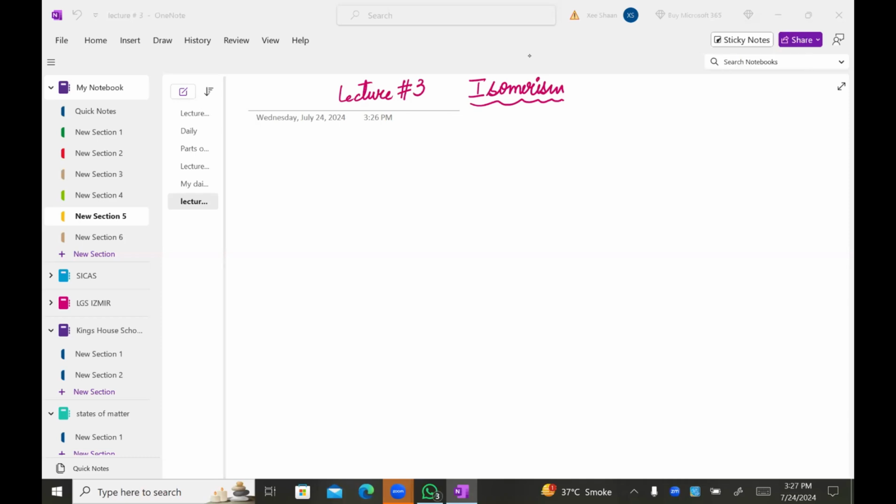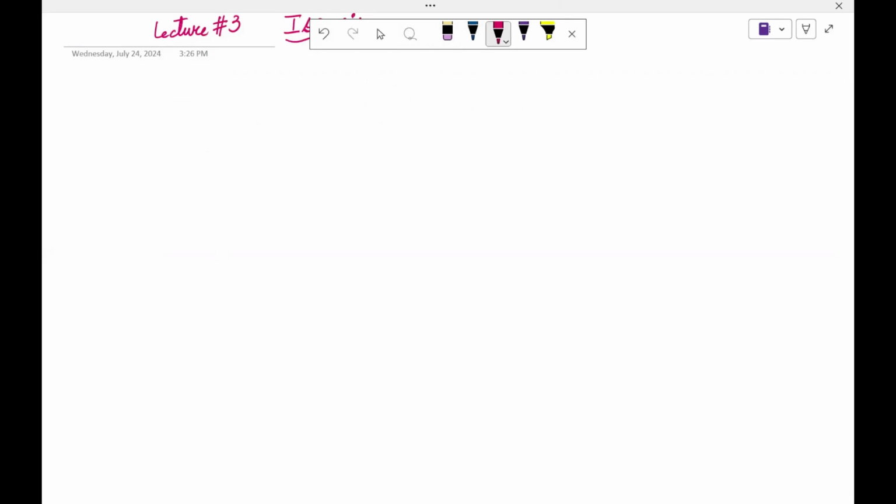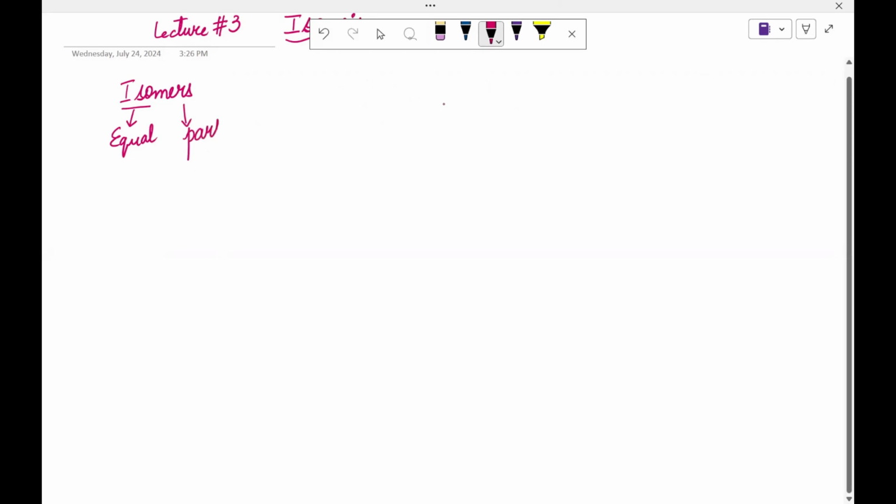What we mean by isomerism. Okay, so isomers. Iso means equal, and mer means parts. So the definition of isomer is basically